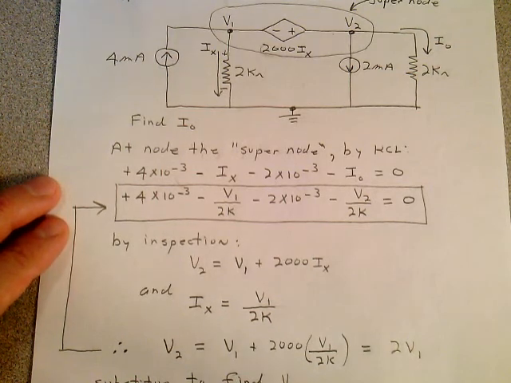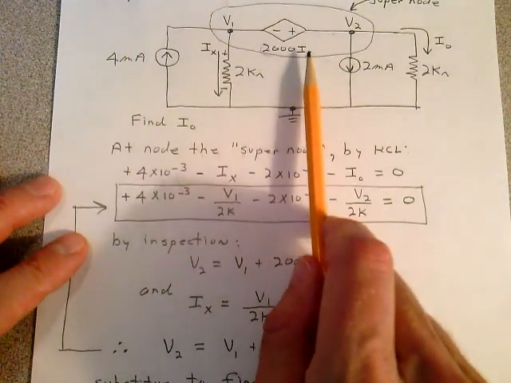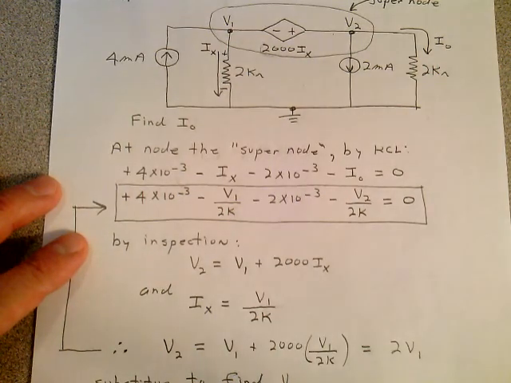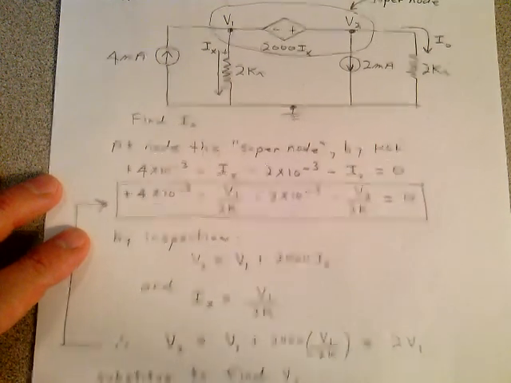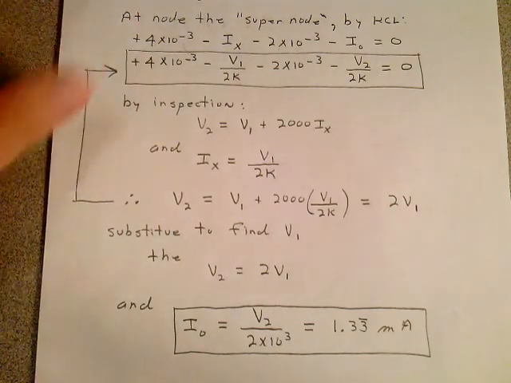V2 is equal to 2 V1. If you just look up here, when you look at these equations, you'll see this. And when you know V2, you can find IO. When you know V2, you can find IO. 1.3333 milliamps. 1.333 milliamps. And finally,